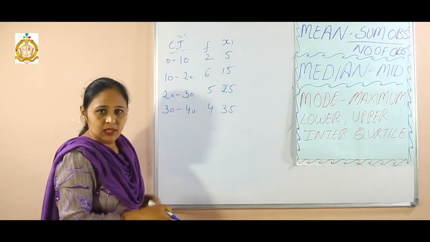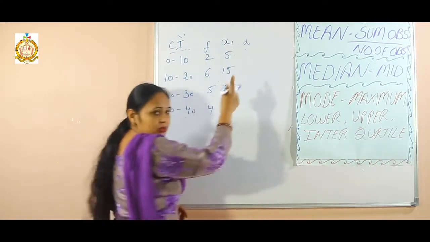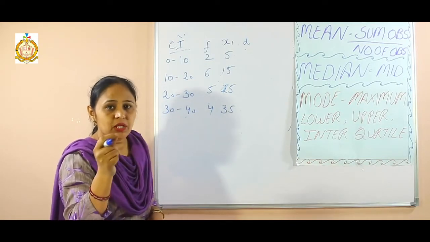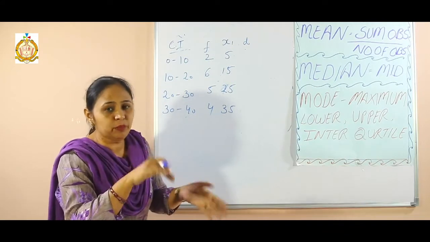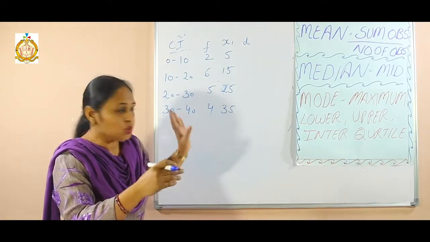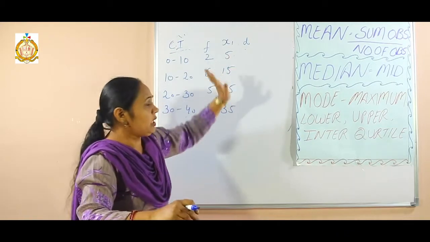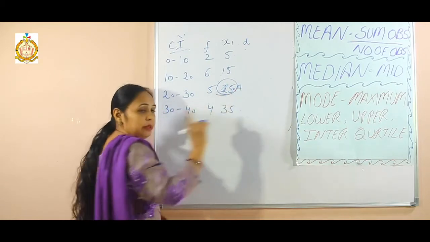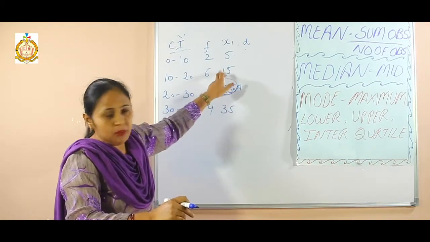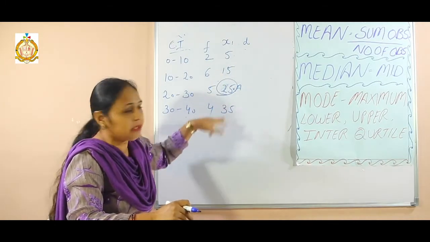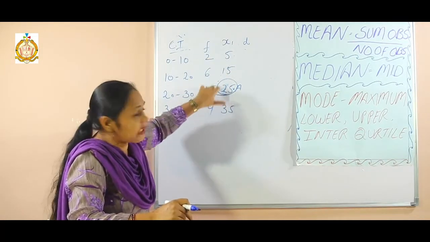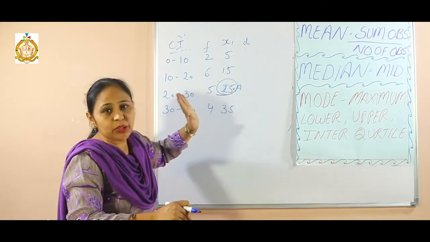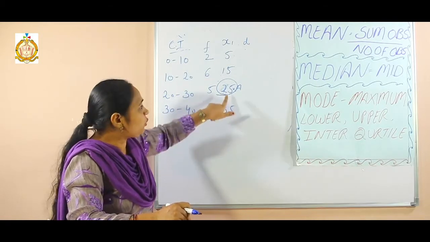Same concept is there. The next concept is D. I am not going to do the assumed mean. I am now solving the method of step deviation. But assumed mean will continue in this method, so I am taking the same statement. D. How to find the D? Assume any, and now I am going to take 25 as A. You can take the middle value, but there are 4 values, so there is not a single middle value. There are 2 middle values, I can take any. So now I am taking the value A as 25. Now A is 25. Now what to do?